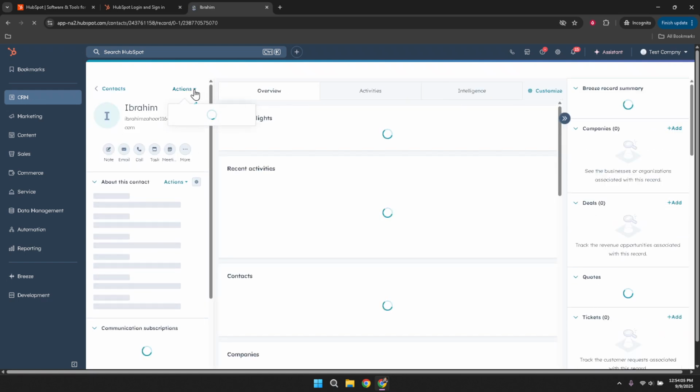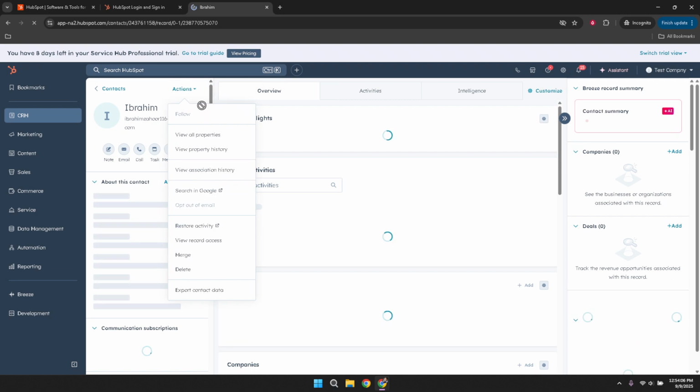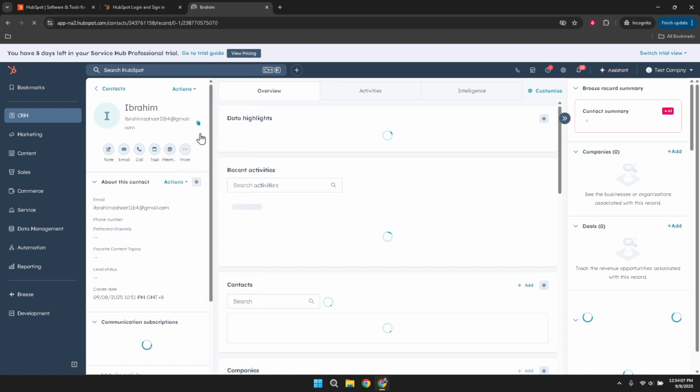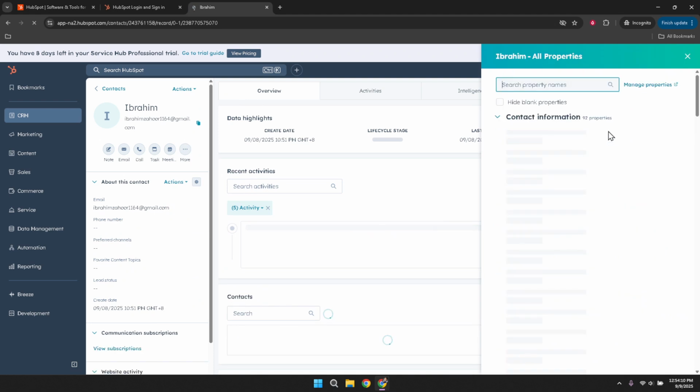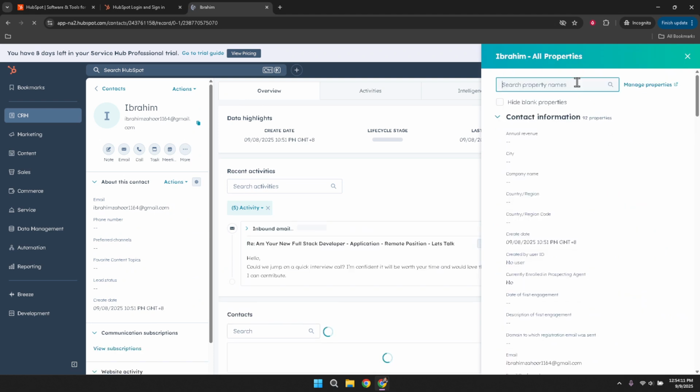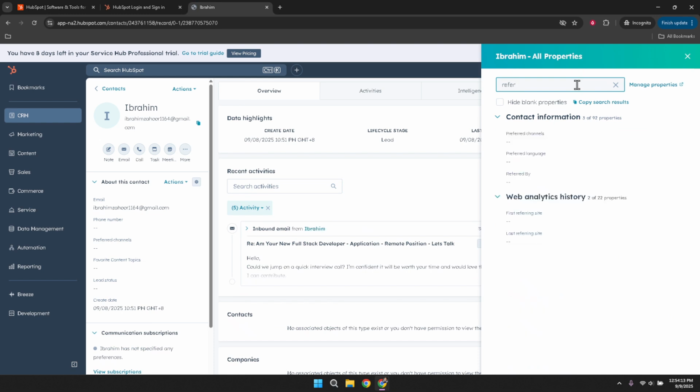In the right panel of the Properties window, type in Referred. This action serves to identify the connection or introduction channel for the contact. This metadata is crucial for analytics and tracking purposes, enabling you to credit and follow up with referral partners effectively. As a final step, start typing the name of the person who referred this contact. Entering this information guarantees the data is correctly categorized and ensures you can generate accurate reports on referral traffic and